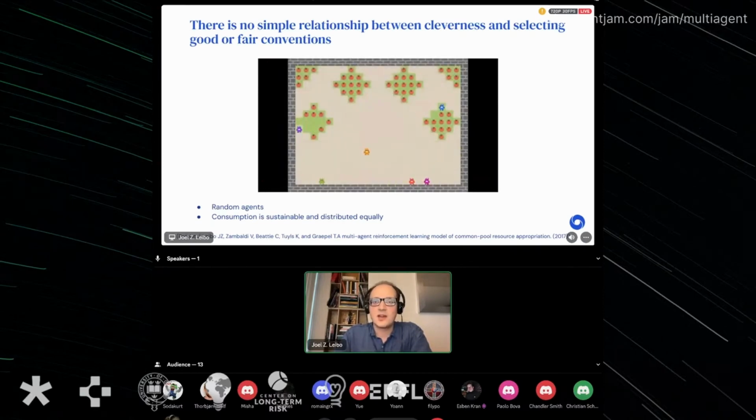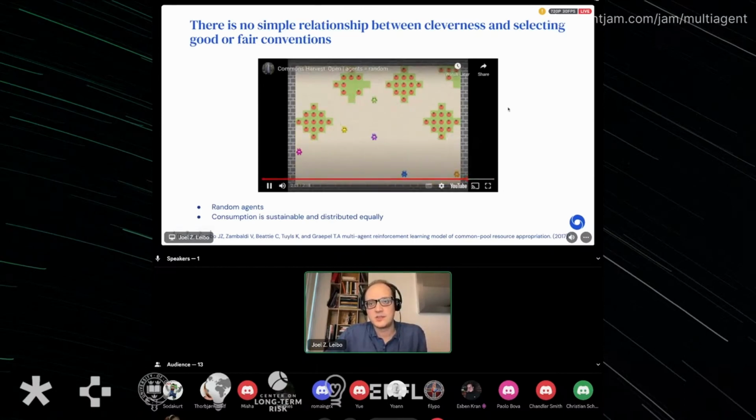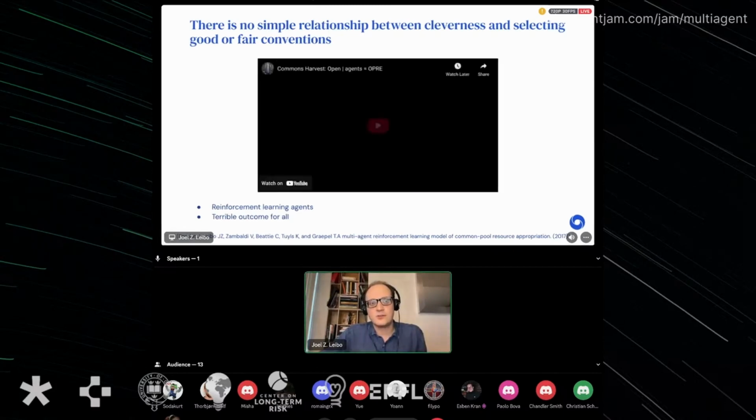These are random agents in this world, and they move around randomly. You can see they also zap from time to time, and they are collecting apples at some rate. If we jump forward in the video, you see nothing much has changed. They're just moving around, eating apples. It's a sustainable policy, and it just lasts this way. It's kind of fair as well. They all get roughly the same scores, and the apples don't get depleted. If we go to the end, you see that they're still there. Okay, let's now go to the next case.